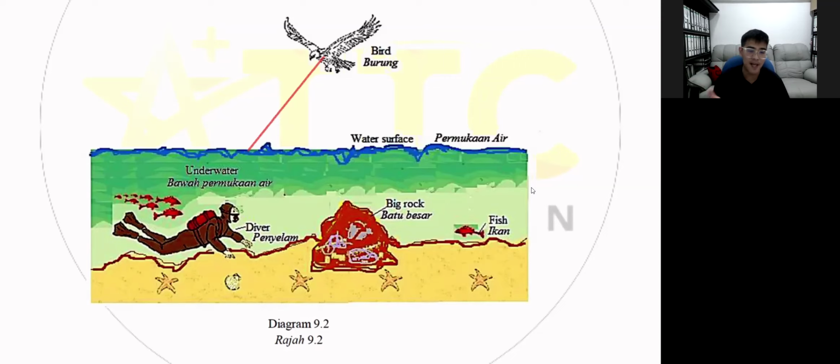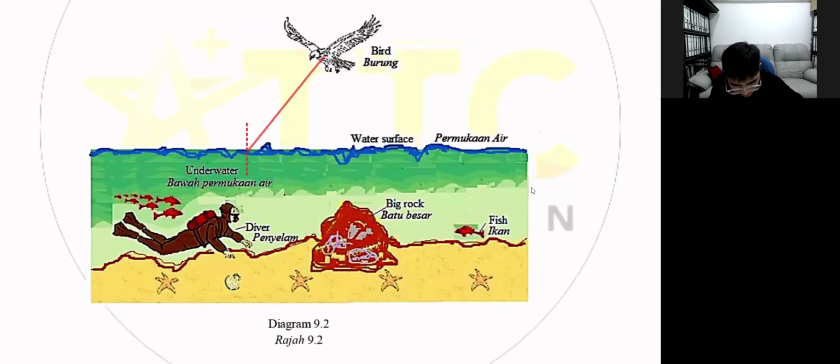I'm telling you all this because I want you to remember that light always travels into our eye, not from our eye. So for example now, the bird: once the light shines on the bird, the surface of the bird will reflect the light ray into our eye. But again, over here, I need you to draw a dotted line,